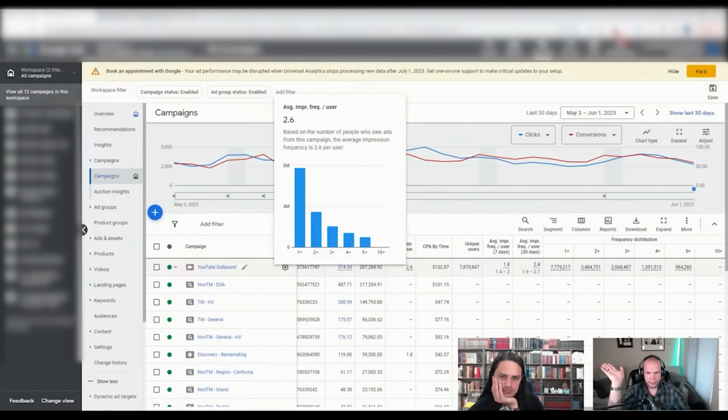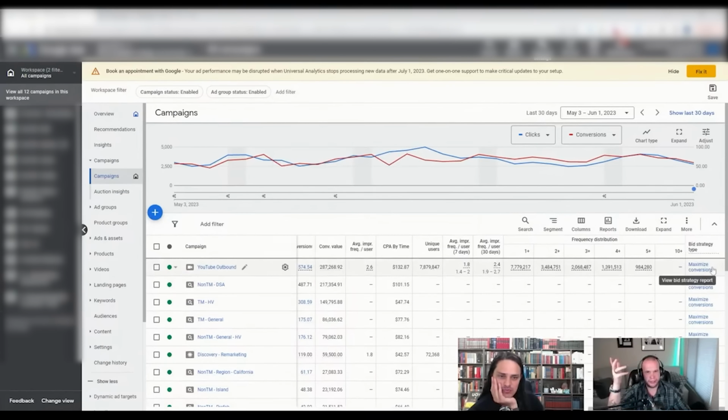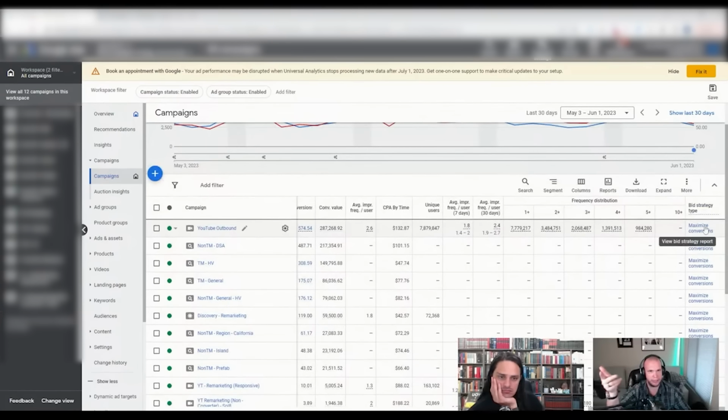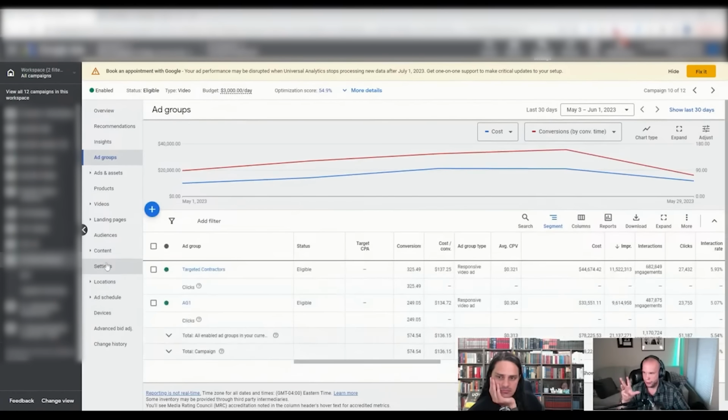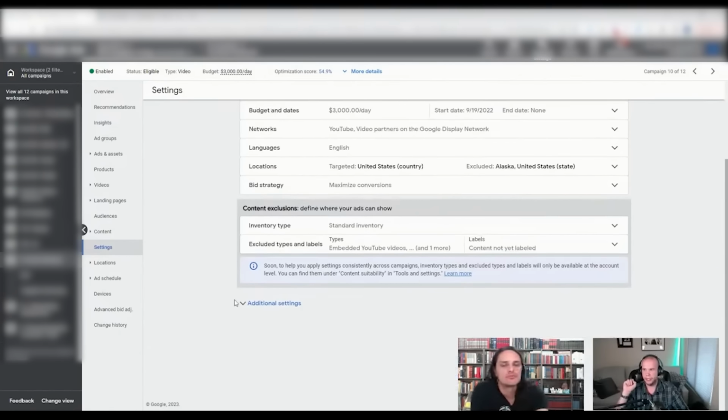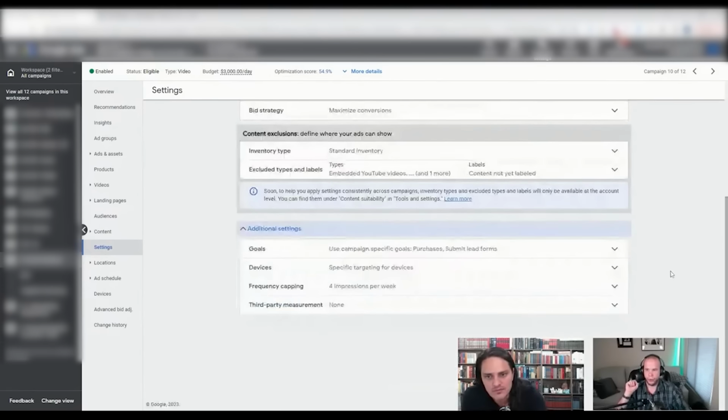In forever land. Now, we're using maximized conversions. Again, you all know me. I'm a big proponent of always going full bore, measuring MER, never using an app TCV and tROAS. But the byproduct of maximized conversions is at scale, Google is going to try to do two things. One, show it to more users, but also show it to more users more frequently. So that's going to be a byproduct of that. So what I usually will do is first, don't start your YouTube campaigns with an impression frequency. You don't know that. If you know how many times it's going to take for a person to see an ad before they convert, I will hire you because you are a genius and a psychic, but you don't know that.